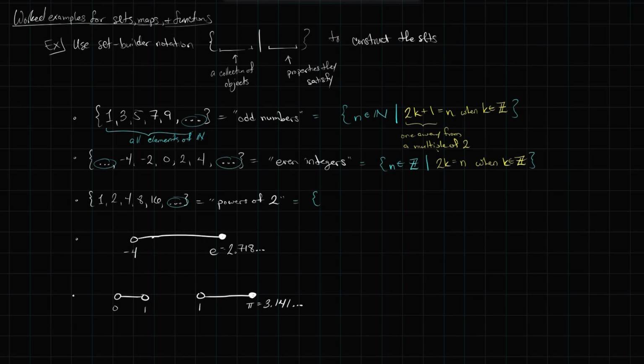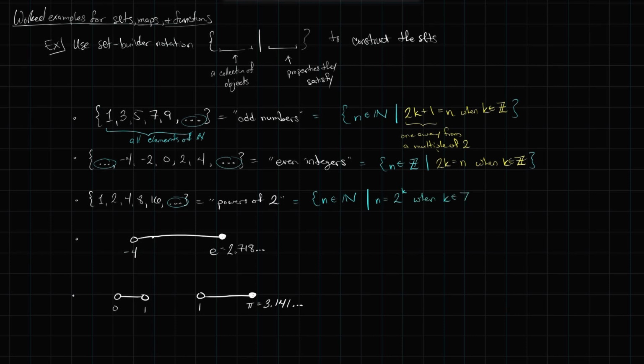We can say, notice that all of these are still elements of the natural numbers. So as elements of the natural numbers, we can just say, hey, I'm n in the natural numbers. What property do I satisfy? I satisfy that I am a power of 2. That means n is equal to a power of 2, 2 to the k, when k is in